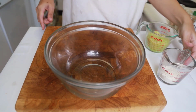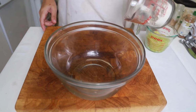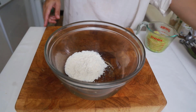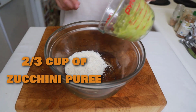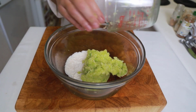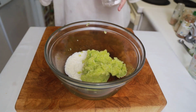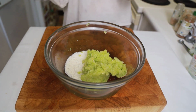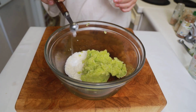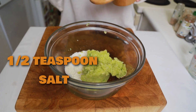First, we are going to mix the dry ingredients. We are going to use for 6-7 muffins, 1/4 cup coconut flour. We will use 2/3 cup of the zucchini puree. We are going to add 1/4 teaspoon baking soda, 1/2 teaspoon salt,